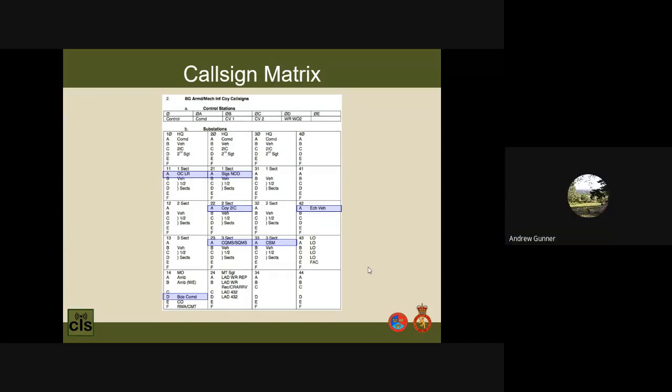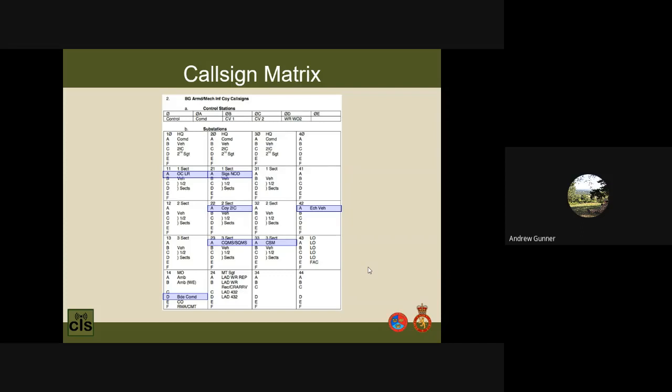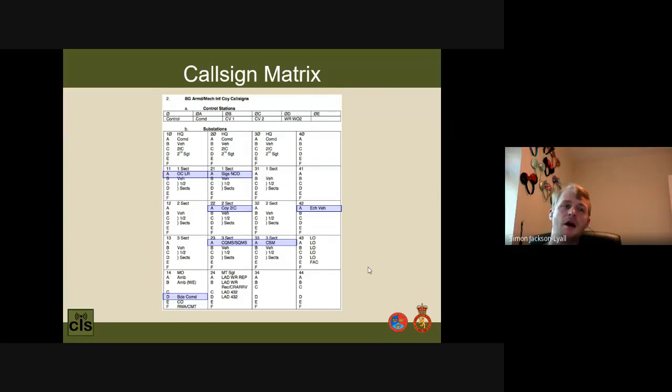Simon, with regards to the handouts, I know you were talking about them being made into a booklet. Would that be on the system, or do we have to take them off and make them into a booklet ourselves? They exist as separate PDFs for each worksheet. You can stick them together. That's what I've done. I just sent them all off to printers and said, please, can you print me a booklet with all of these in? So that's my suggestion.